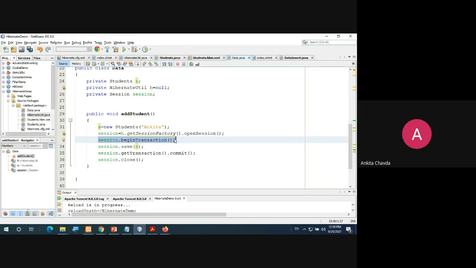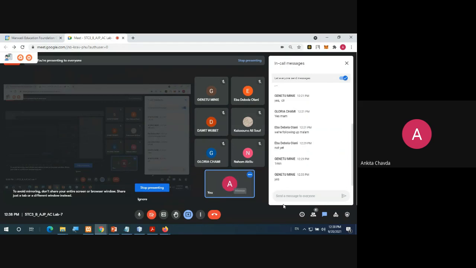Once your transaction has started, you save the data by writing the object name, session.save(s). Until you use the commit method, you cannot store your data.